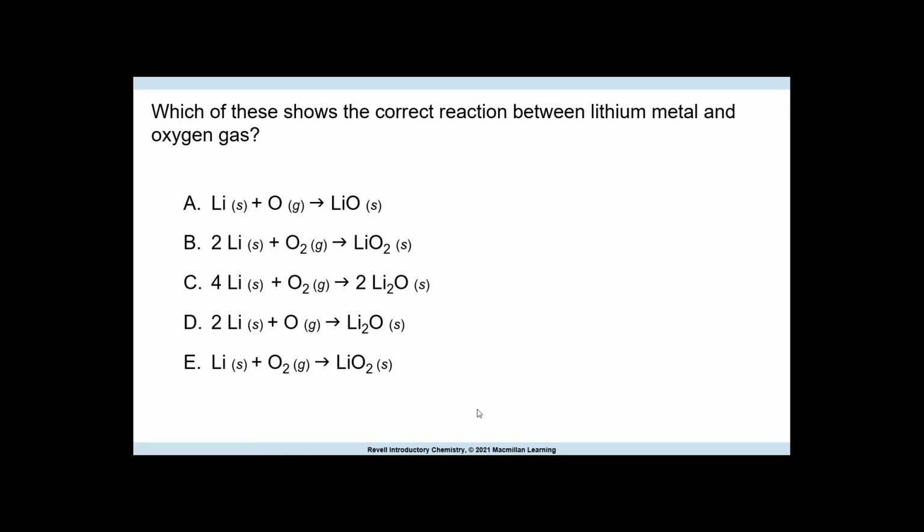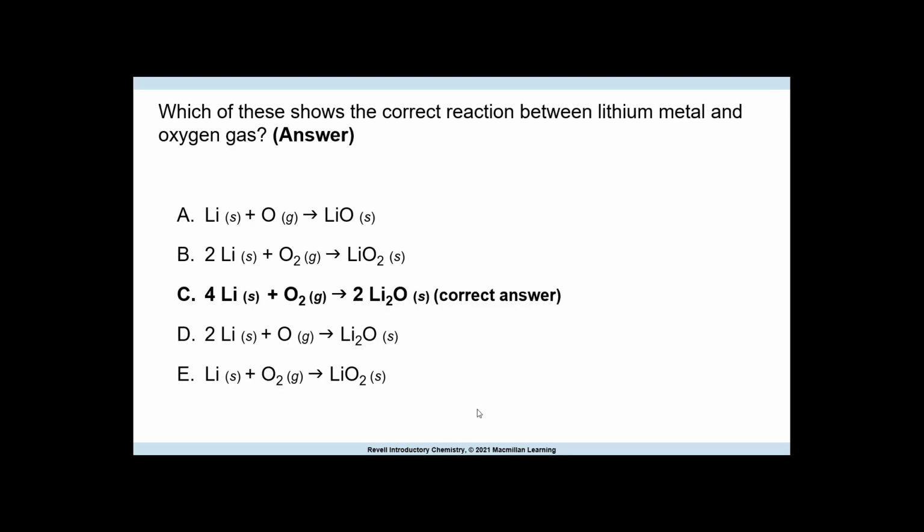Which of these shows the correct reaction between lithium metal and oxygen gas? So I didn't do anything on this one because I want you to have a thought process. I'm giving you the answer, and you can figure out which one it is here. I'm giving you these slides, so hopefully you do them before you check the answers to see if you're on the right track. So on here it is C. This is going to be the right answer on